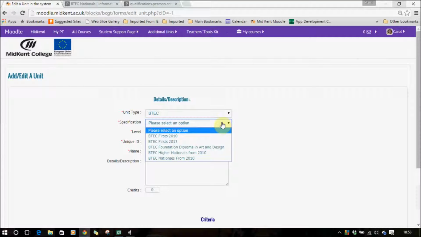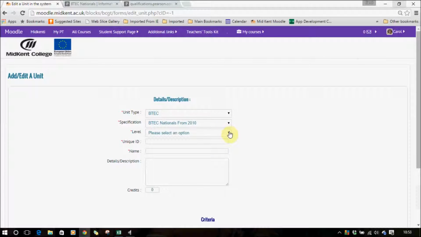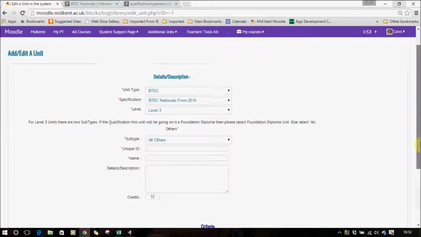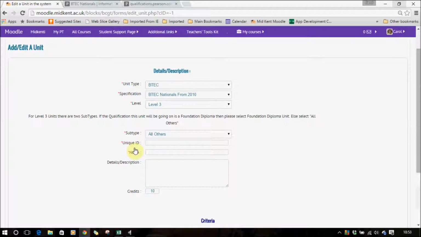Specification, BTEC Nationals from 2010 in my case. Level, you'd think it would know this, but it doesn't. So level 3. Okay, and then it's gradually adding different sections as we go along, and anything with the asterisk obviously needs completing. So subtype,